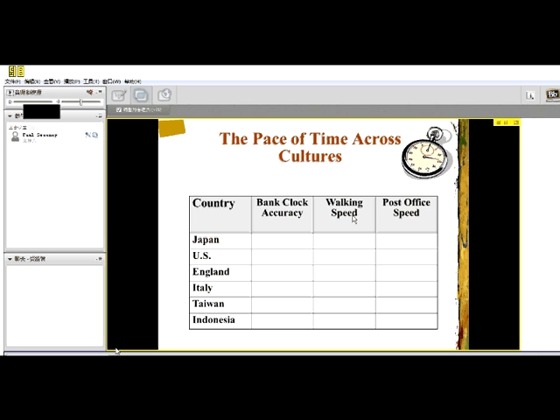But what he did, let's take Japan for example. What he did is in 6 of the major cities in Japan, he would take samples of bank clock accuracy, a sample of about 30 of those in each of the big cities. So he'd go to Yokohama and get samples of bank clock accuracy at various times in the day, and he had a lot of control, as you might want in a really good study.